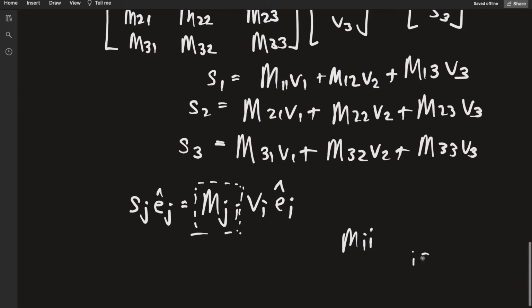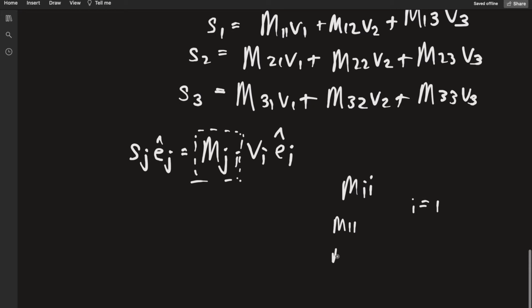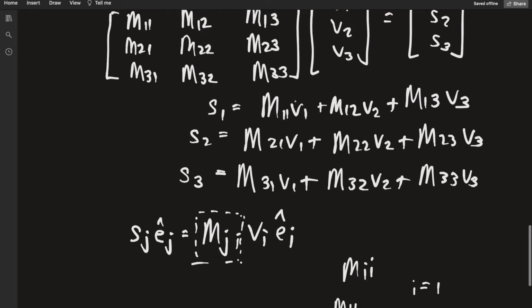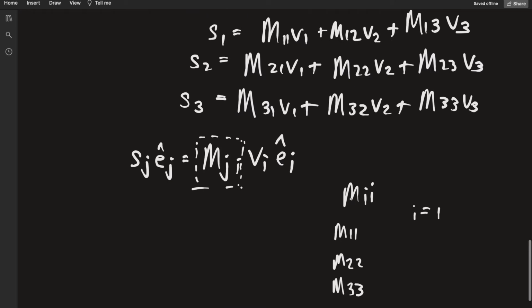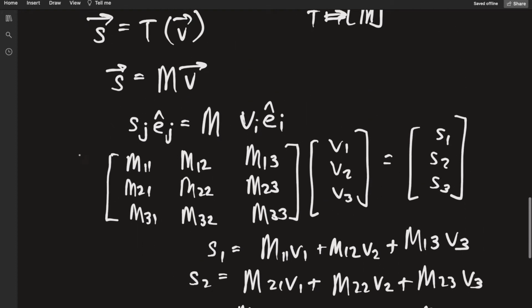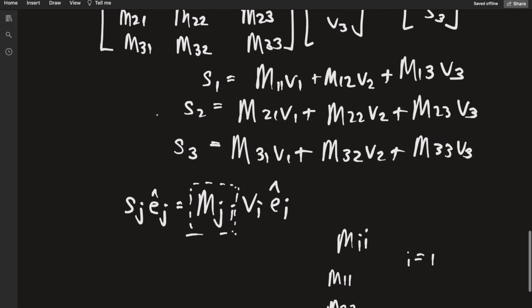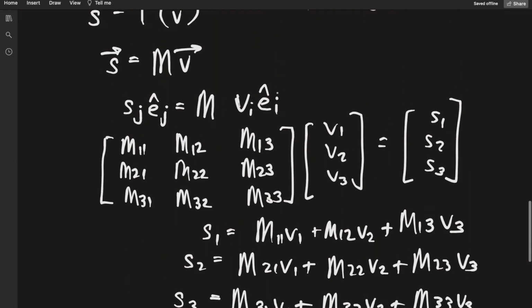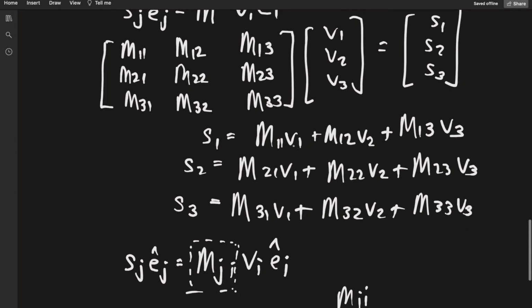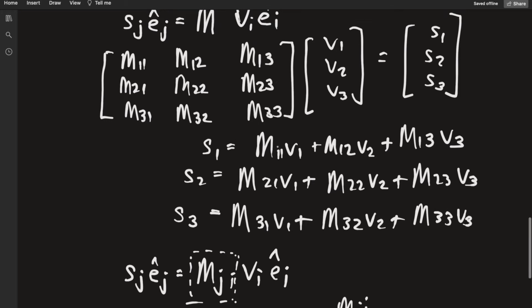So for i equal to 1, we would have M11, i equal to 2, we would have M22, i equal to 3, we would have M33, and we wouldn't have these cross index terms. We would just have the diagonal terms of the matrix, and we clearly didn't want that. So that's why there's an independence in the indices. And again, you can have an independent sum running on this S, because it clearly does not depend on what component of V we are on, because S1 is a combination of all the three components of V with varying coefficients,